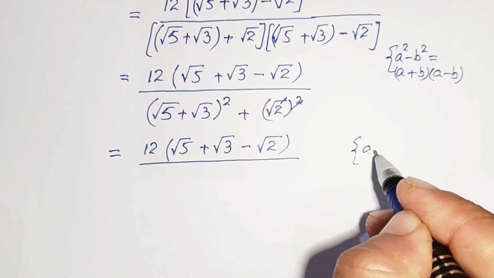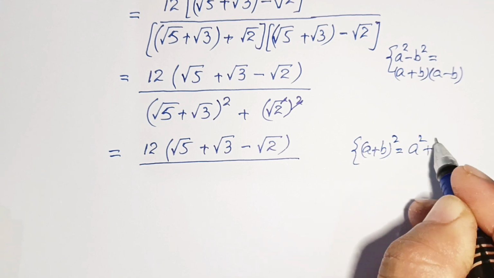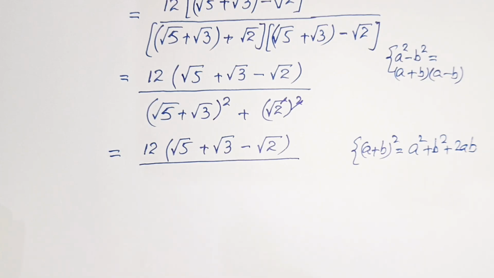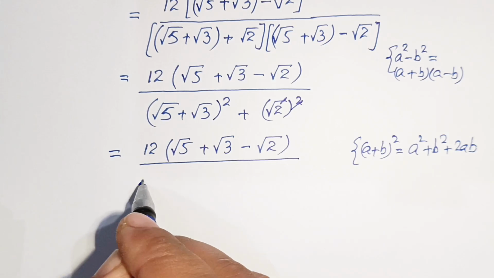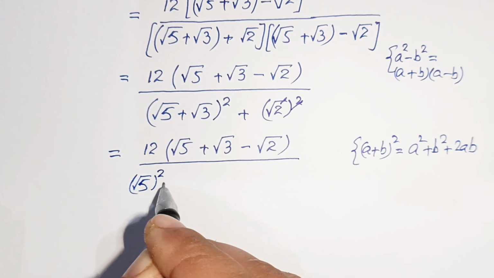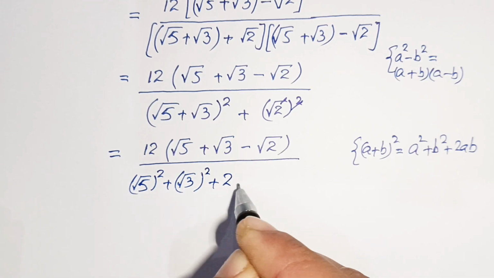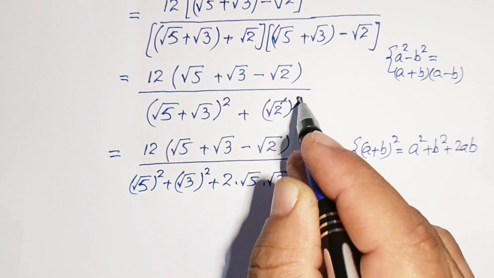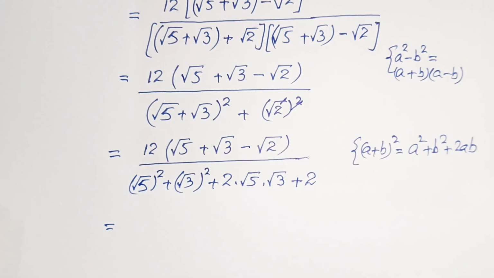So we know that a plus b whole squared is equal to a squared plus b squared plus 2 times a times b. So applying this formula here, then we get square root of 5 whole squared plus square root of 3 whole squared plus 2 times square root of 5 times square root of 3, and minus here we get only 2. Now our next step is